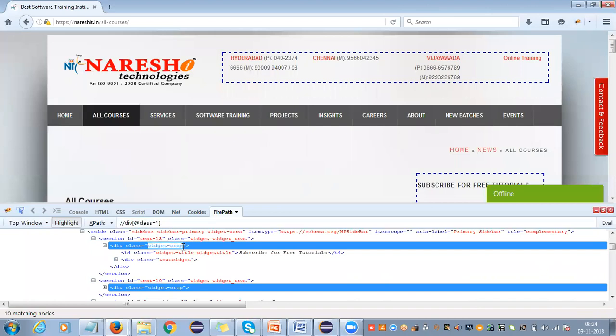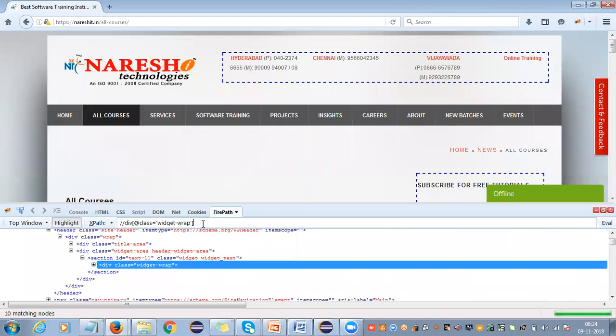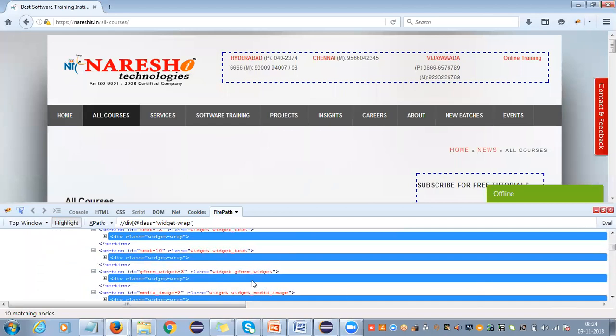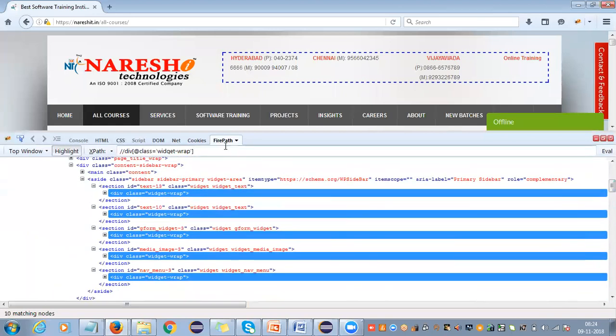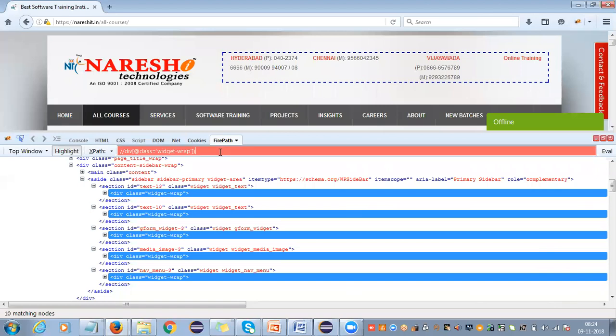Copying this, paste it. If I say I have 10 here, in that I'm looking for the second one. I'm just hovering it here. I saw the second one. In this, what I'm going to do is,